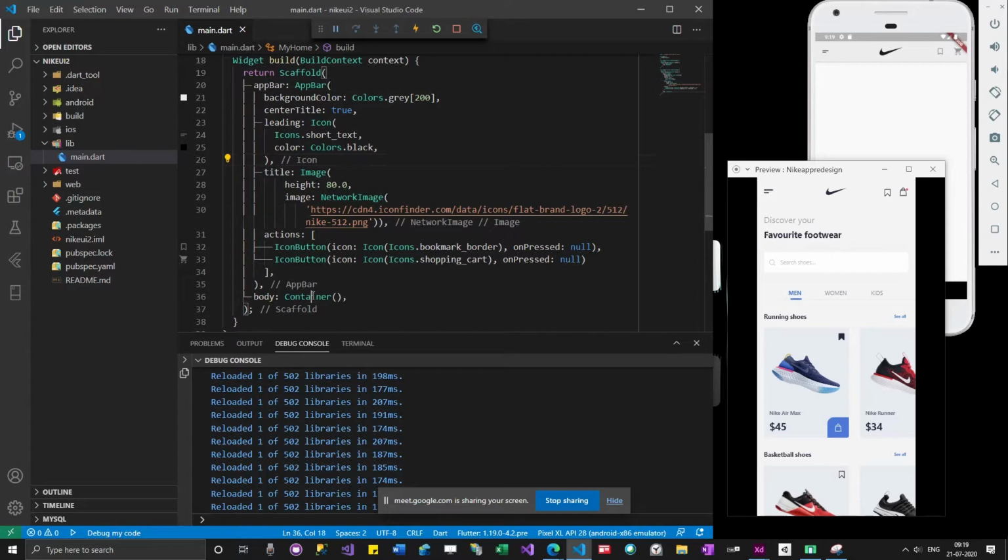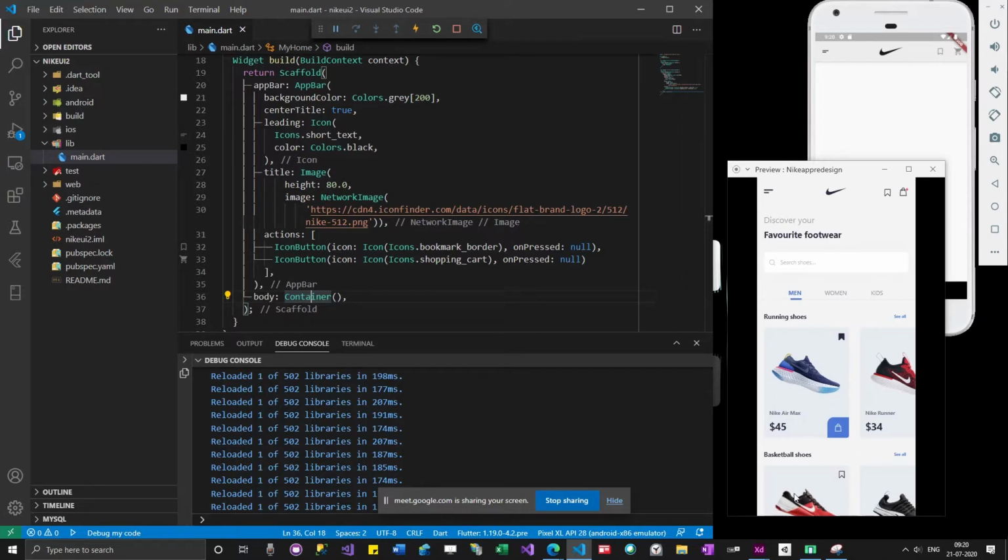Okay, so let me move to the container. In the body we have some text field, and then some buttons or some text, and then some titles, and then some images. By looking at these images you can understand that if I swipe my finger on top of these images, it will scroll horizontally. So we can achieve this using the list view. We have a property that makes the list view swipe horizontally. So we will design the body part of it.